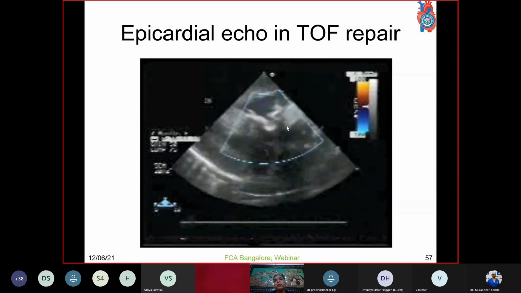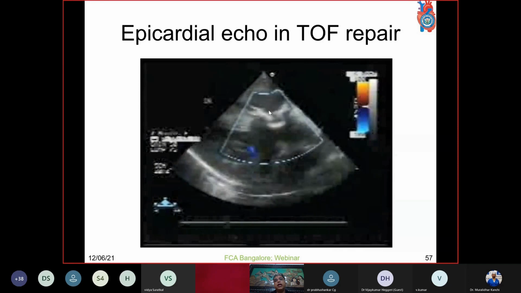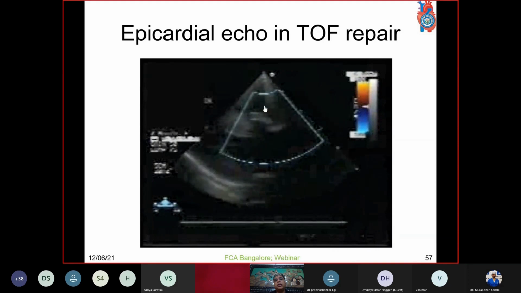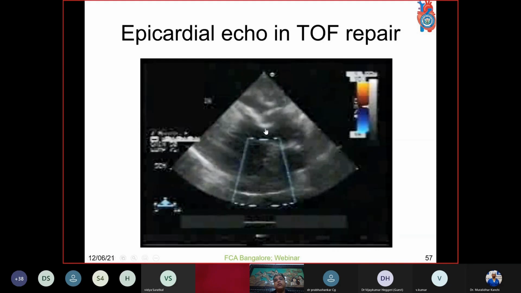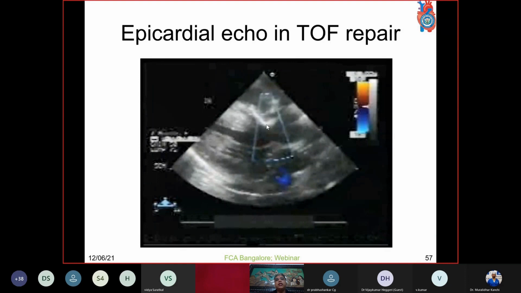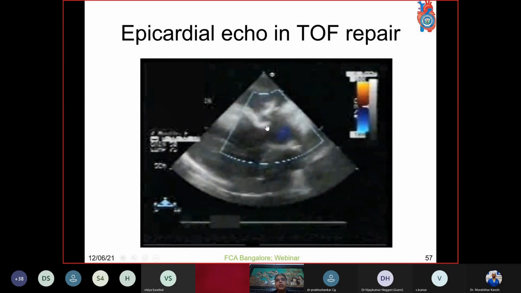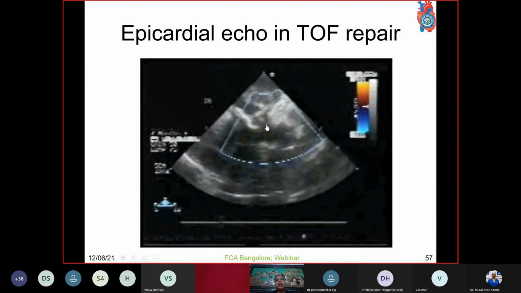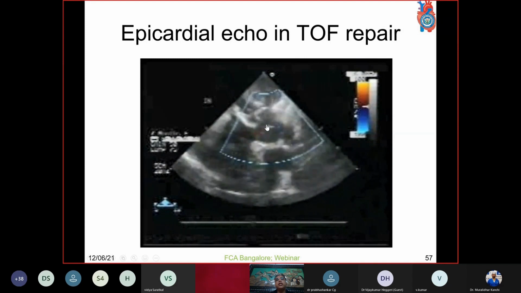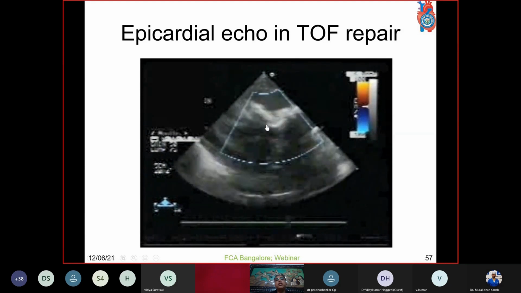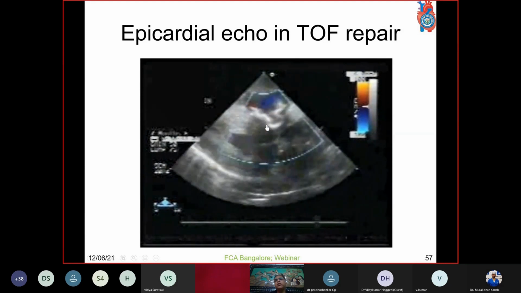This was the aorta which was overriding. They put a patch, and by putting a Doppler, we can see that there is no leak, there is no VSD left out, and all this can be very easily seen post-operatively, immediately after the correction, coming off bypass. You can see if there is any residual VSD, any aortic regurgitation or any other complication then and there only.